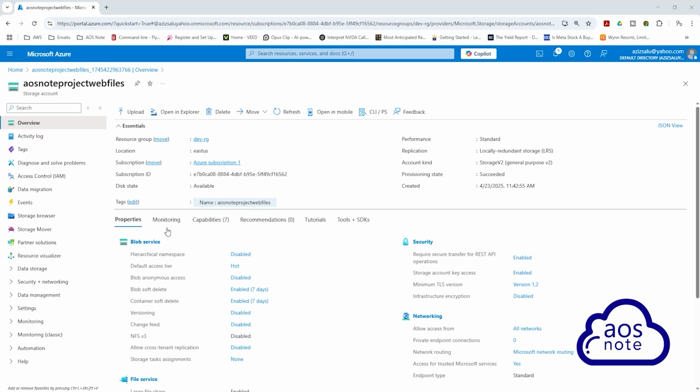In this lecture, we will create a container in the storage account we created in the previous lecture. Creating a container in a storage account in Azure is equivalent to creating an S3 bucket in AWS and creating a folder in it. So the container we are creating in this lecture is equivalent to the folder you would create in an S3